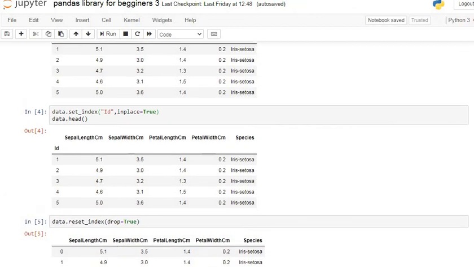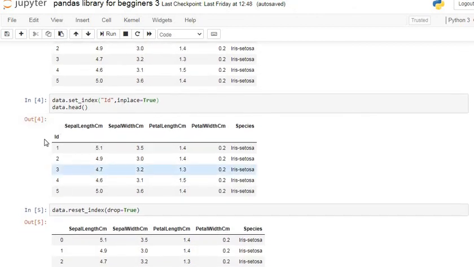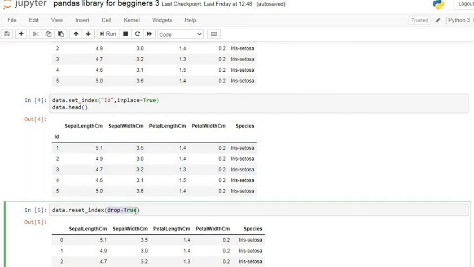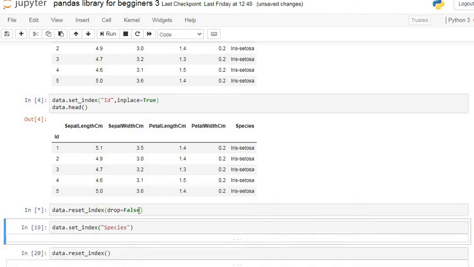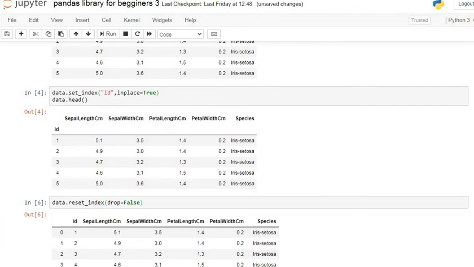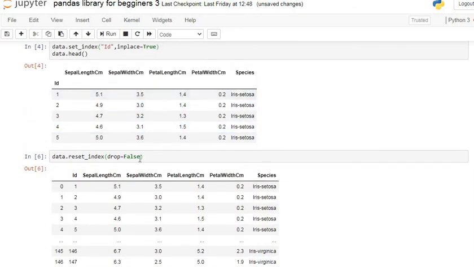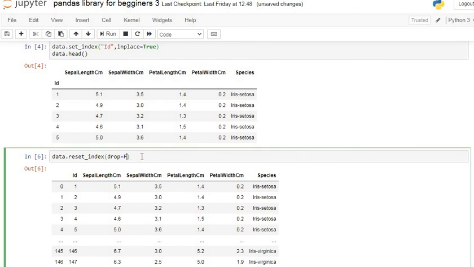Drop in the sense that the original index column, here id, is dropped. That's why I give drop equals True. When I give drop equals False, then it is also kept in our data. So let's see. You can see now the id column is present in our data. When I set it equal to True, then it is dropped from our data.